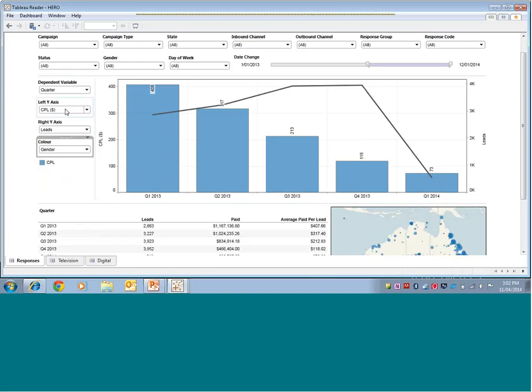So what we see is that Hero is a way of slicing and dicing a report into many different attributes that we're able to report on within the Tableau dashboard. For this particular client, we report responses, television activity or digital activity.